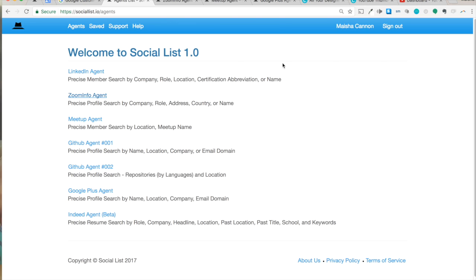So the last piece I wanted to share with you was really just some creative ways that you can think about starting to use socialist.io as you go about your normal work week. So think about maybe ways that you couldn't use LinkedIn Recruiter and all the filters, right? Or if you're using another tool, like Indeed, things that you couldn't get as precise about, you can really start to explore with Socialist.